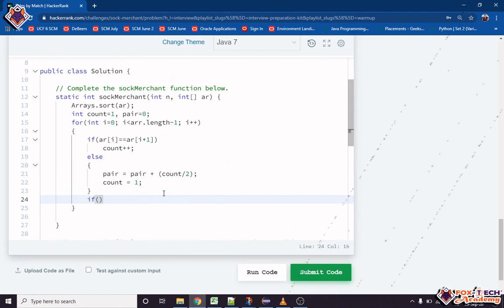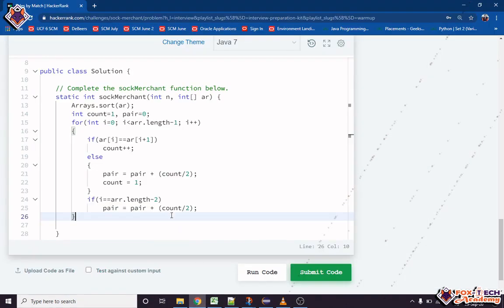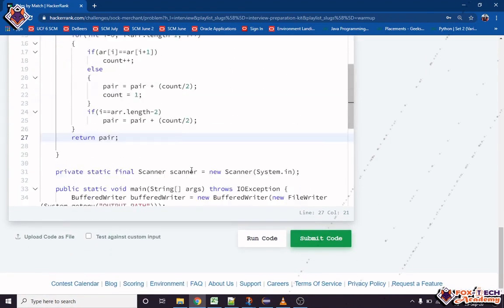If our i is equal to a.length minus 2, then again we have to do this pair count for this scenario. And in the last, we have to return our total number of pairs, so we will return pair, right. That's it. Let's run this program.